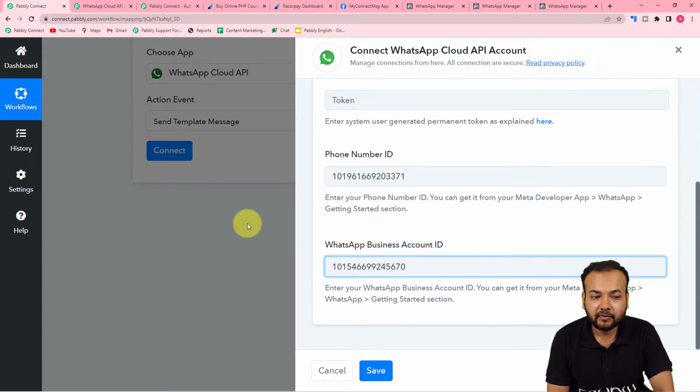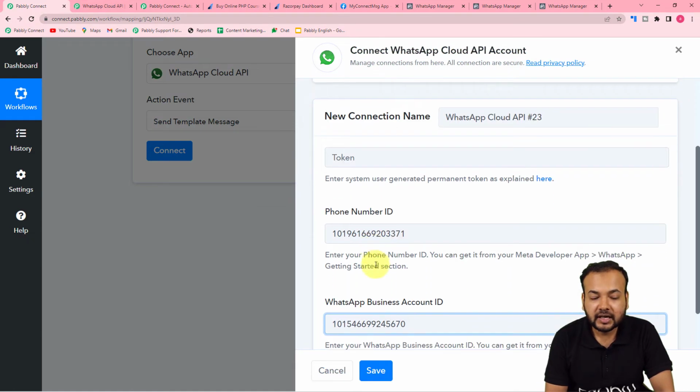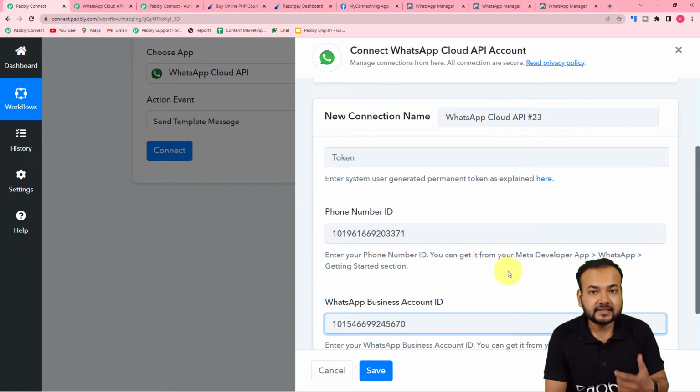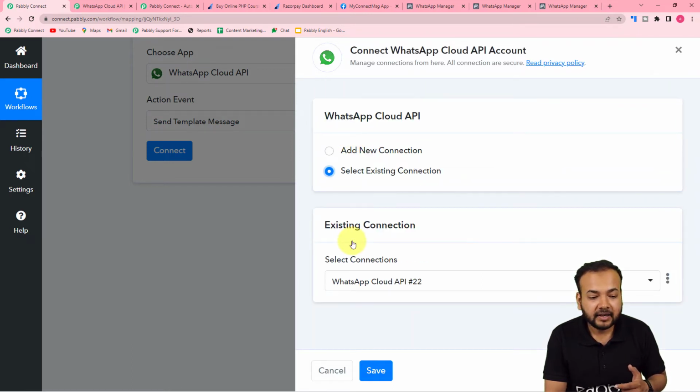cloud API setup, right? And guys, making the connection by this process is also a one-time process because these connections are going to be saved here in your account, okay? And after that, if you want to make the connection again in a different workflow, you can use that existing connection. As I have already made connection many times with my cloud API setup in different workflows, so I can use my existing connections. For that, I'm just going to select this select existing connection option, and here it will